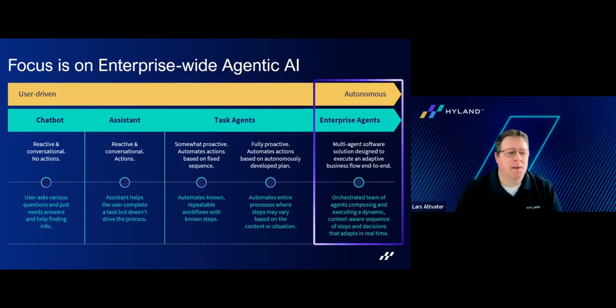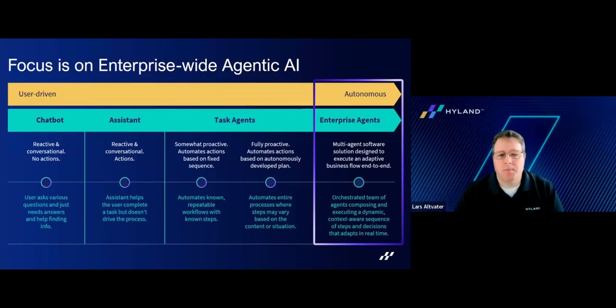The progression of value that is delivered can be illustrated on the spectrum here. This is driven by the role of humans in the process. If you're more to the left-hand side, you hear a lot about agents, and people are talking about chatbots or about assistants. There's a lot of terminology out there. We're looking now with the agent builder at task agents that are more proactive, that don't necessarily require that human interaction, that do things automatically. So as we move from left to right here, more work is shifted from the human to the agent, allowing the human to focus on higher value activities.